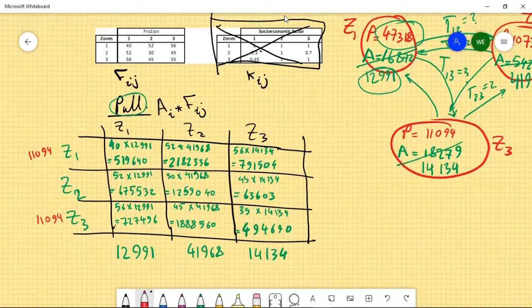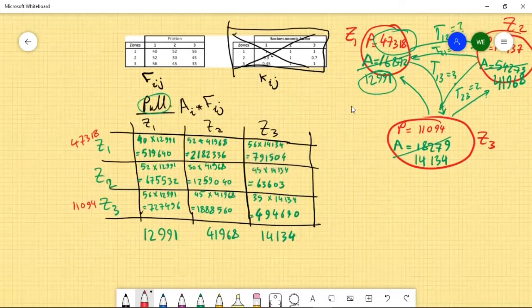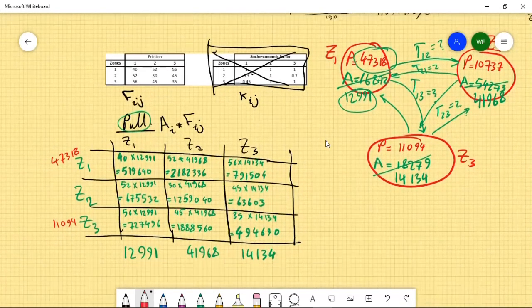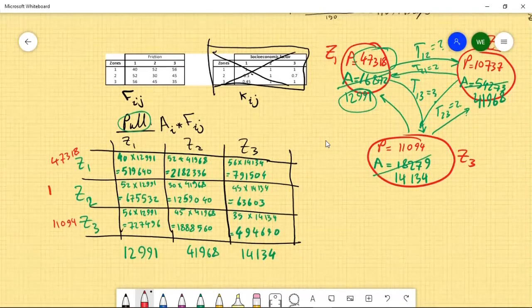طيب احنا كنا بنقول ده هنا ده البرودكشن، وهنا ده كان 47318، والفاليو اللي هنا كانت كام؟ اوكي، وهنا كان 10737. اوكي طيب دلوقتي اللي احنا what we are looking for, we are trying to get the number of trips